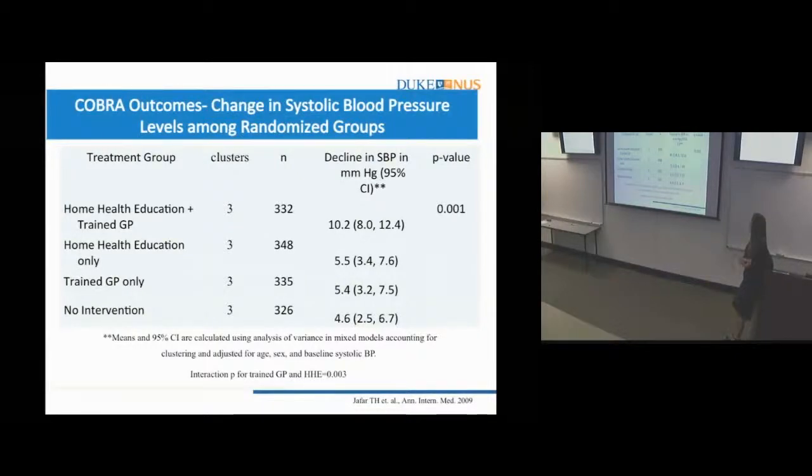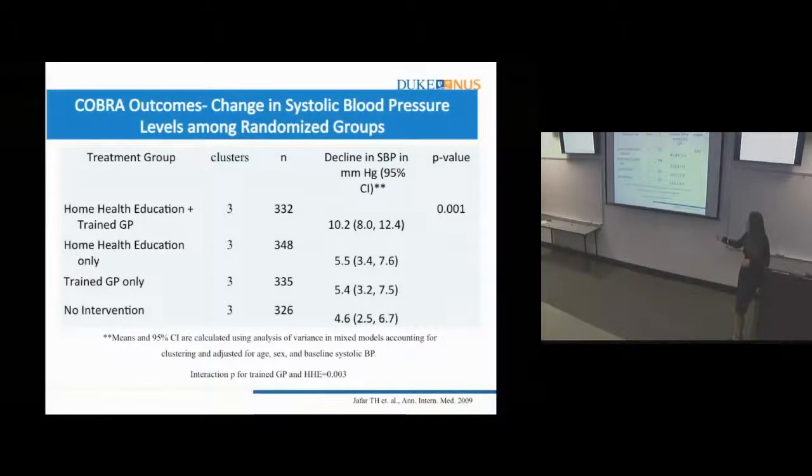And after 2 years, what you see here is the decline in systolic blood pressure from baseline to follow-up. Over 2 years, we observed that blood pressure decreased in all 4 groups. And this is generally what happens in trials. You recruit patients and you follow them up, you don't do anything, still the blood pressure goes down, right? So we observed this in the no intervention group as well. Blood pressure declined, and in the single intervention groups also, blood pressure declined, and there was no difference here. So really no effect of these interventions.